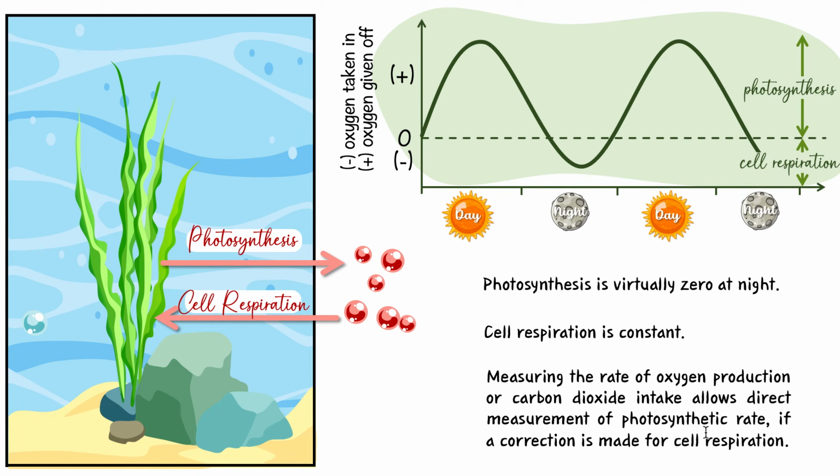If correction is made, you need to make the correction. You can't just say, oh, this is photosynthesis, because it's not true. More is actually done because cell respiration is taking away some of it. Okay, I hope this idea makes sense. It's a little bit tricky. If you don't get it, don't worry too much about it. It's a very small part you need to know, but try to get it and try to understand that you need to compensate, okay? Because cell respiration is also affecting the amount of oxygen, not just photosynthesis, okay?